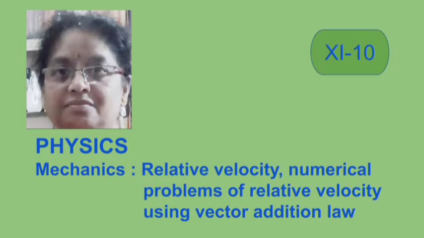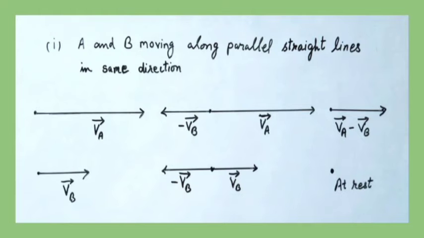to object B. The first situation of relative velocity is when two objects A and B are moving along parallel straight lines in the same direction, that is theta is equal to 0 degree, where theta is the angle between velocities VA and VB of two objects. Then velocity of A with respect to B, VAB, is equal to VA minus VB. So here the relative velocity of one object with respect to other is equal to the difference in magnitudes of